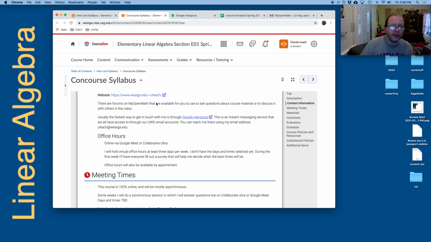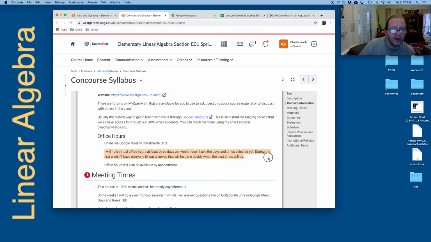The cool thing about Google Hangouts is you can send me an instant message on there, and you can also include pictures, and you can also do voice calling and video calling through there. So if you have a question, you can get me on there, and then if we need to talk or if I need to open up a video line with you so that I can write something and you can watch, that works well.